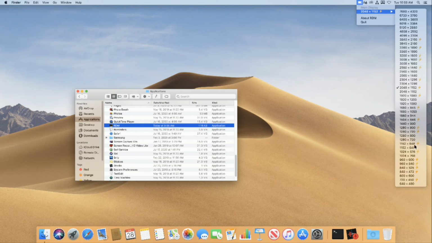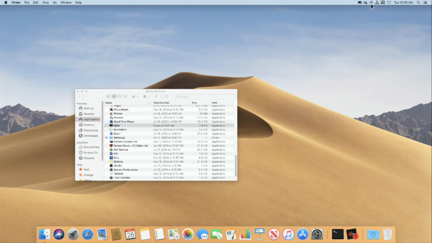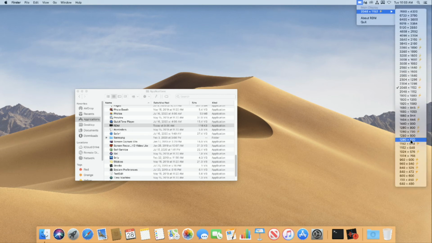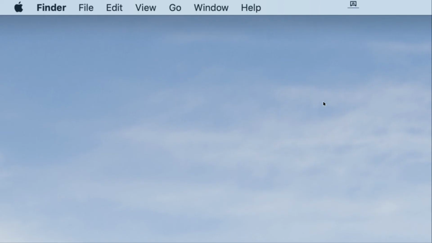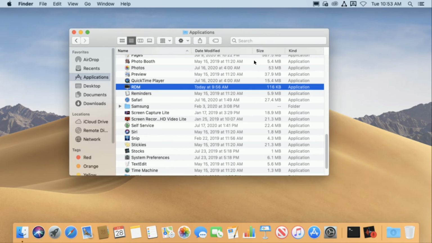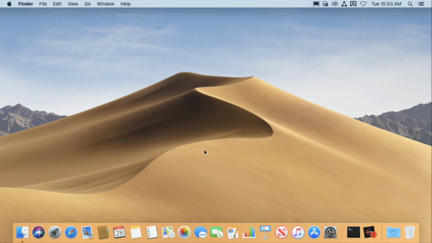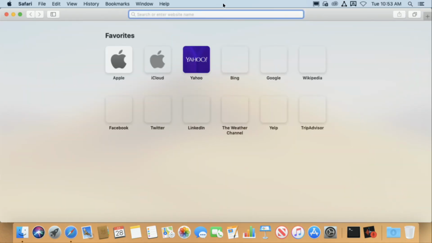I'm going to drop it to a non-retina resolution. I'm going to drop it to 720p non-retina. Okay, much better, right? Performance is better, but it's still nowhere near as good as Microsoft Remote Desktop Protocol. This is not my iMac. I'm borrowing somebody's for this demo, so I don't have any of the CAD stuff here, but I can definitely